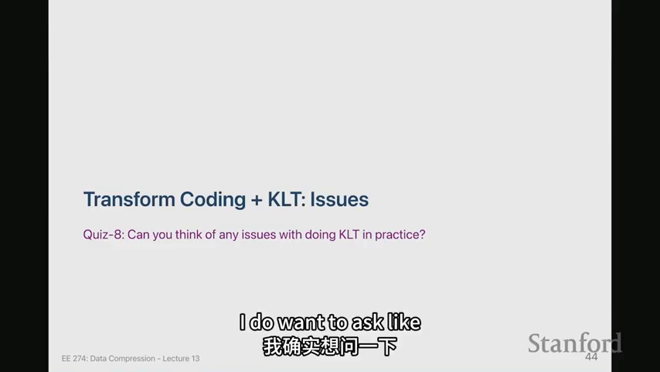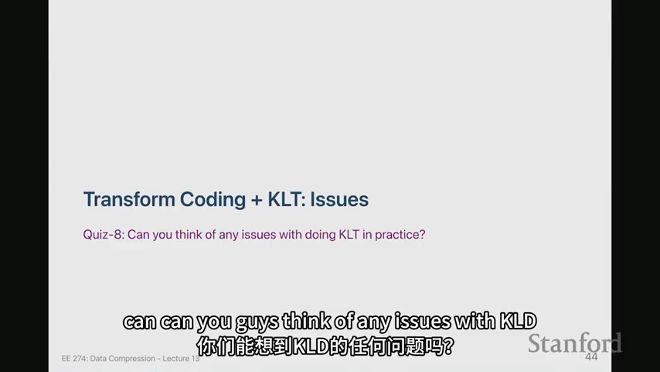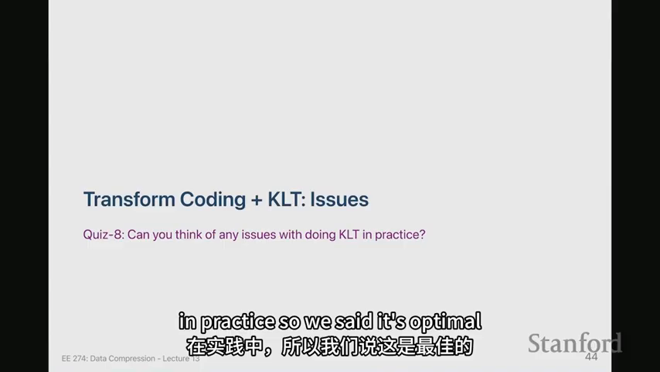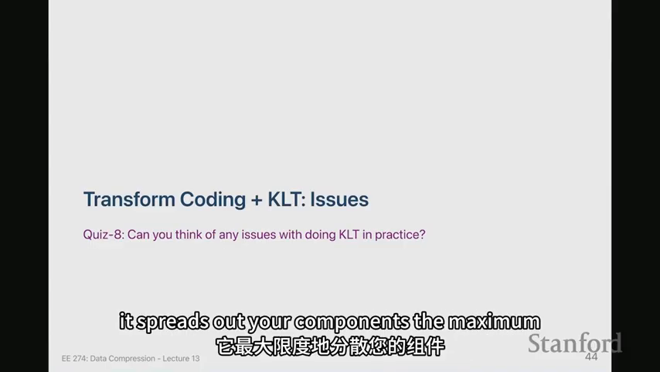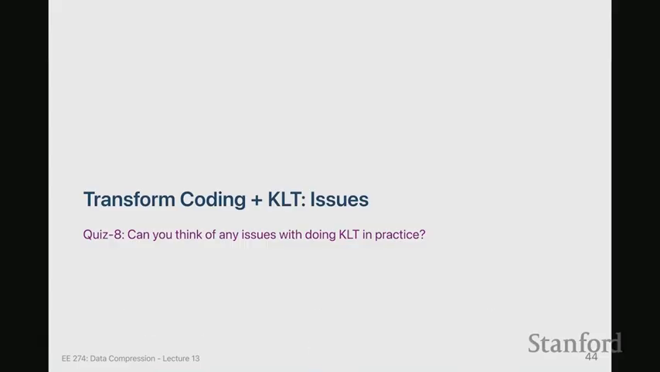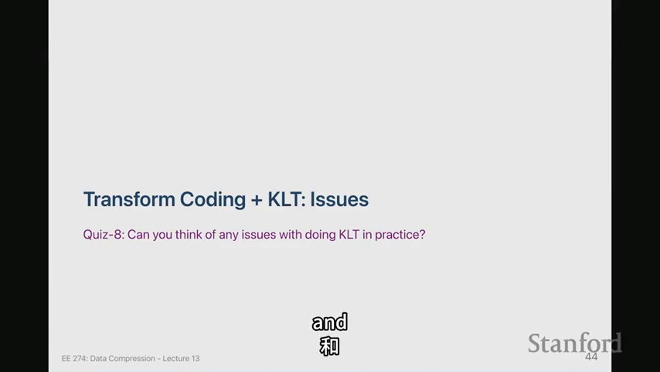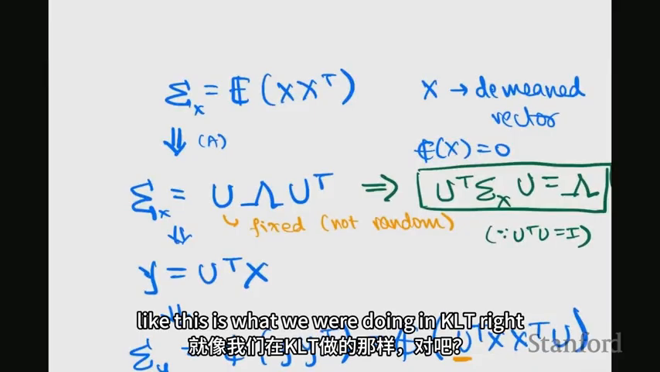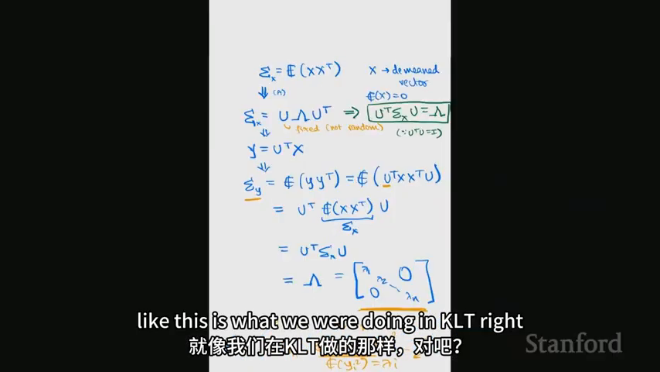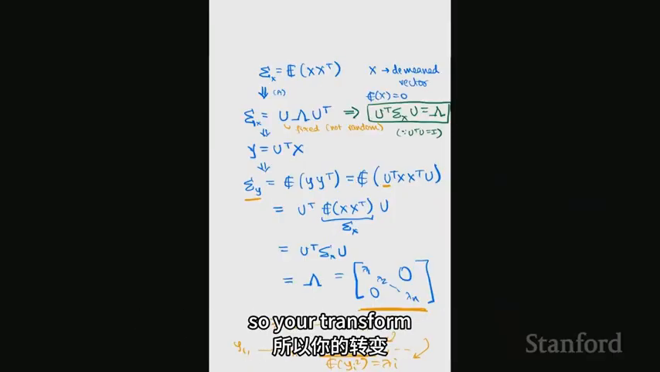But I do want to ask, can you guys think of any issues with KLT in practice? So we said it's optimal, it spreads out your components the maximum, but are there any issues which you can think of? And as a reminder, this is what we were doing in KLT, right? So your transform is the